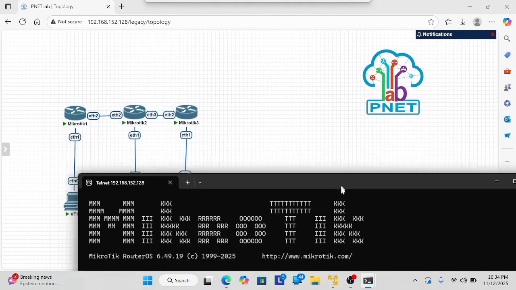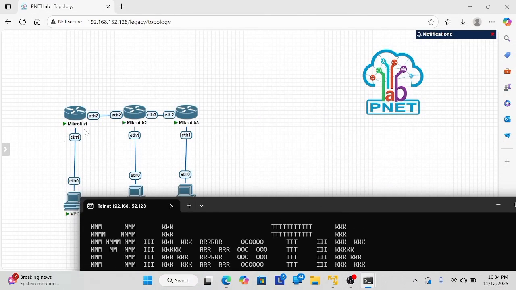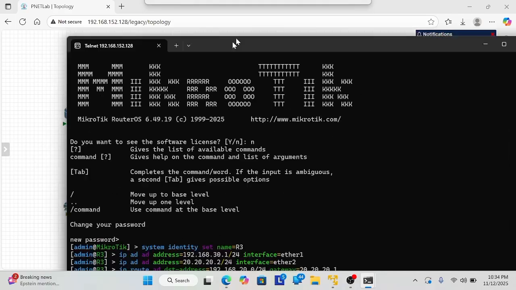Okay, you can enter, and add another static route.